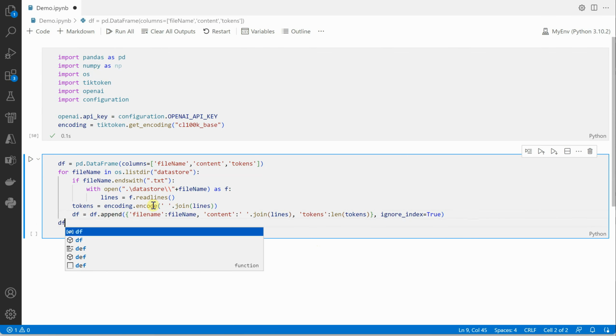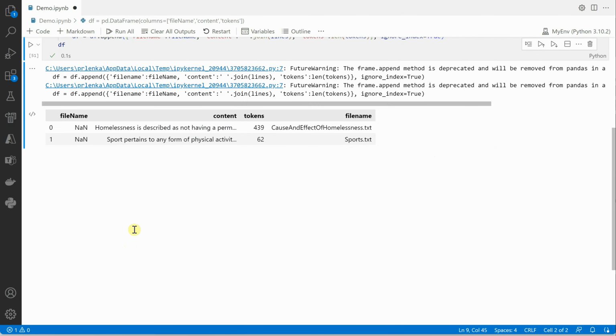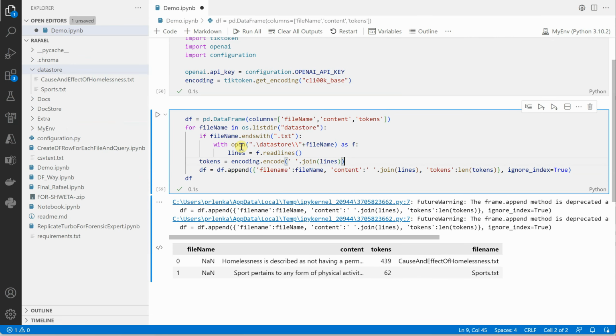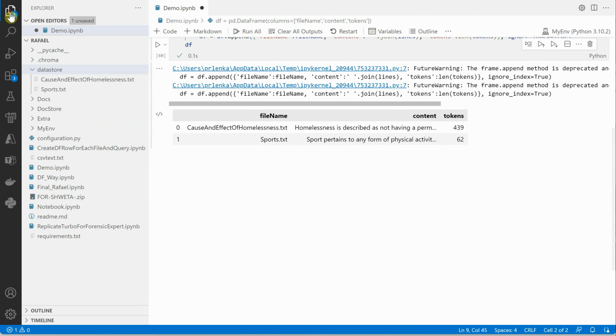Let's go ahead and print the data frame. Okay, so here you can see the file name is coming as empty. It means we missed something. With open datastore, double slash. Okay, so there was a typo problem with this column name. Let's run it. And now you can see that two rows got added